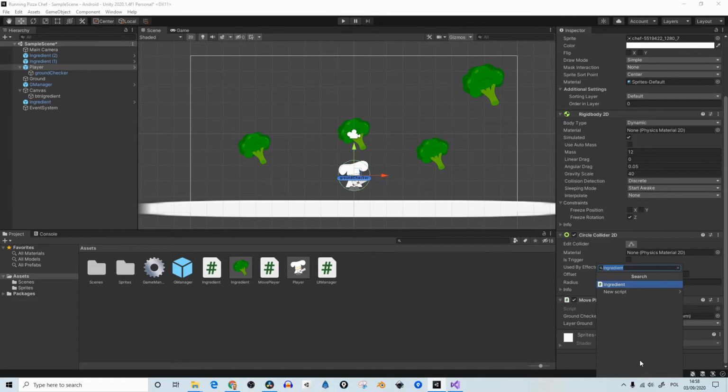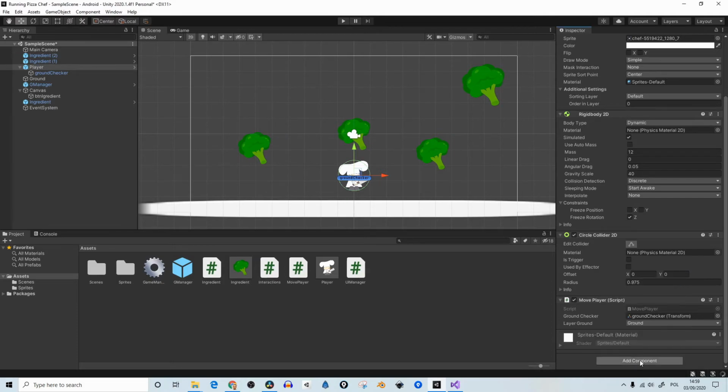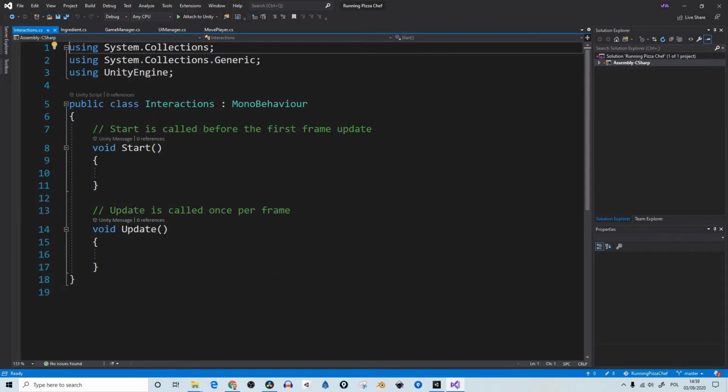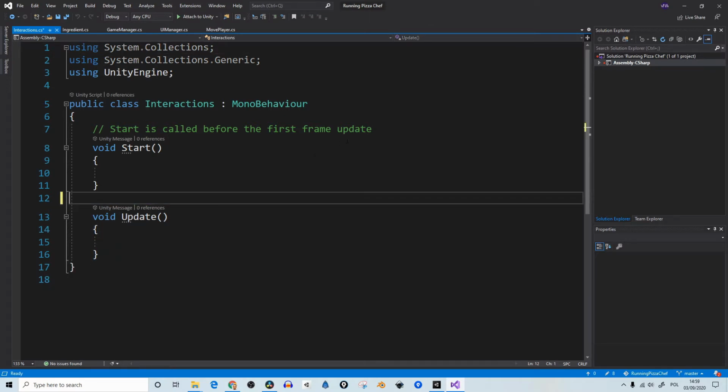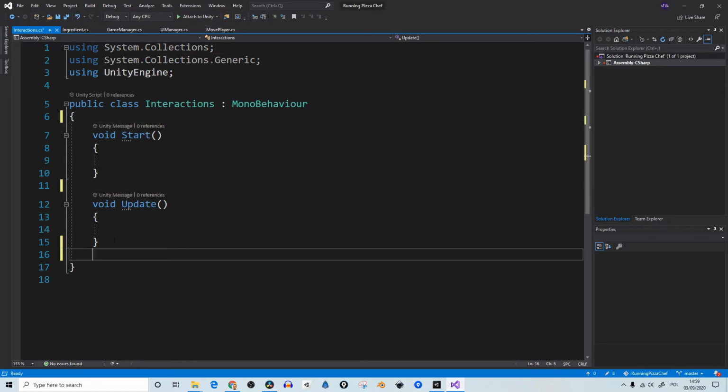And I think I will call this script maybe collisions. I don't want to give the name that is already reserved. So maybe interactions, maybe that should be a good name for it. Open this interactions script. And here, maybe I will get rid of the comments straight away, and I will check